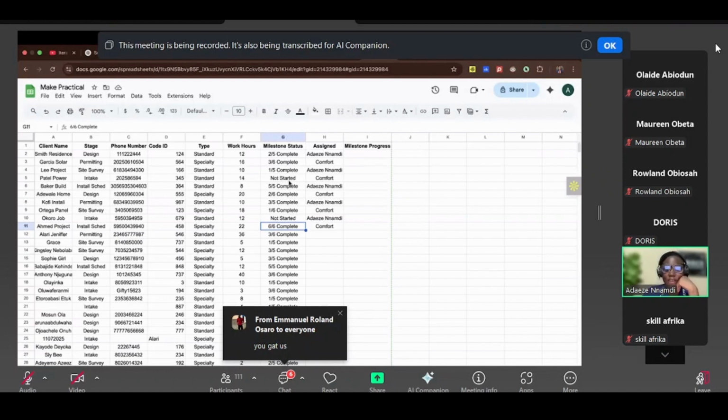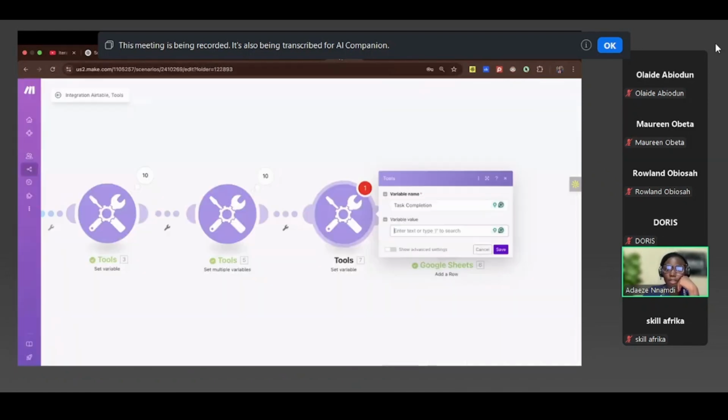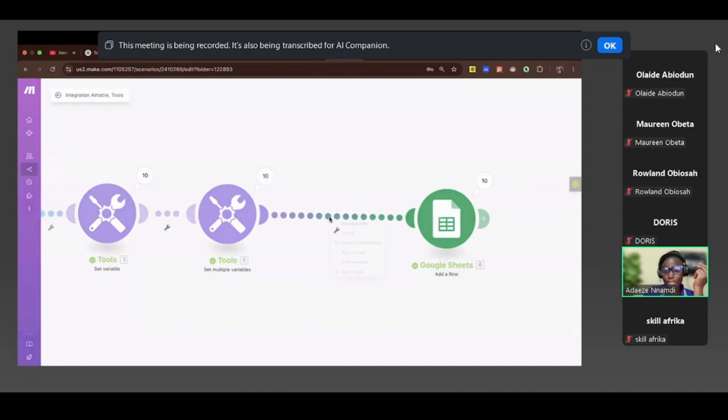We want that if it is 5/5 or 6/6, we want it to show done. If not, it should show incomplete. But because I'm dealing with 2 case scenarios here where it's done, that's 2 things that would require done,